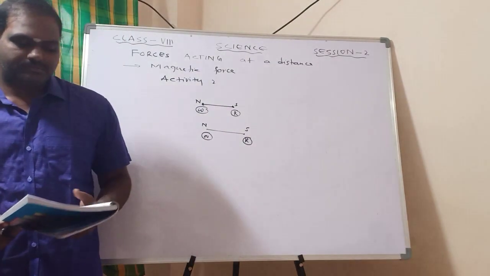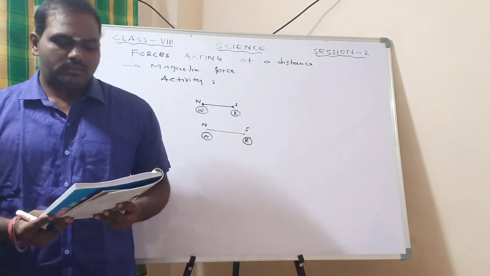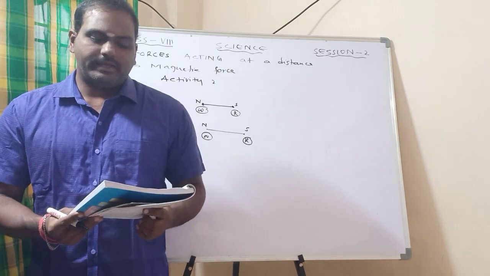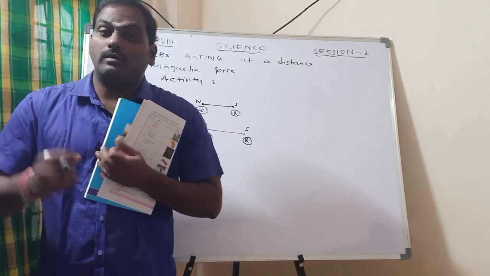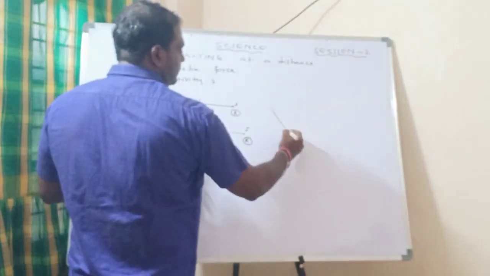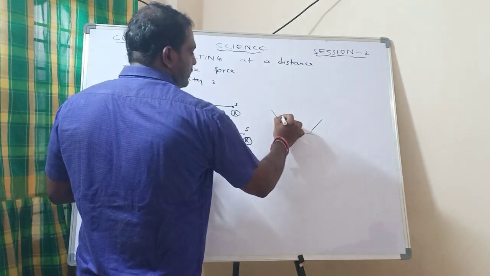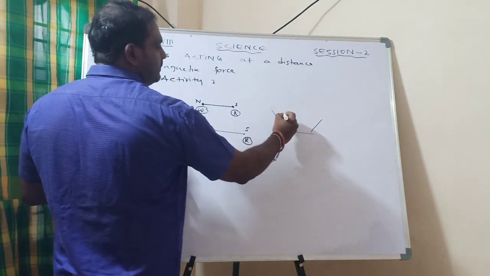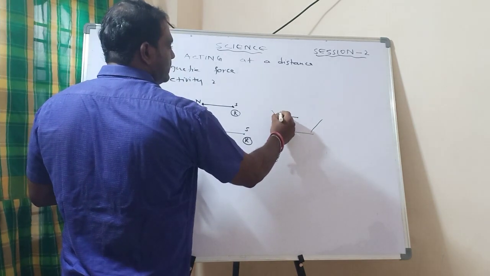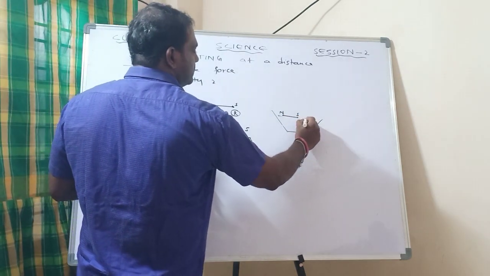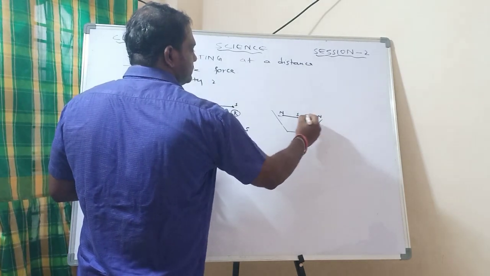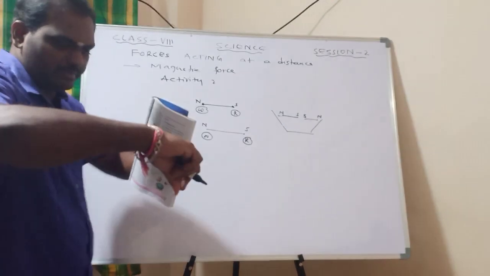Now what happens? Now float both needles side by side such that like ends are facing each other. So how to drop them is, drop them in a water bowl. So take a bowl, full of water. Now what we have to do is, we have to drop the two needles in such a way that north, south, south, north. You have to drop them in this way.